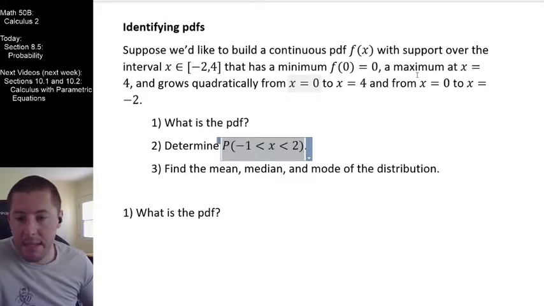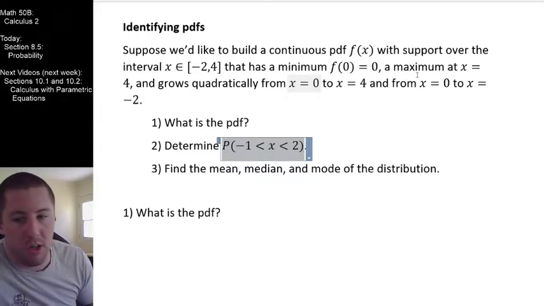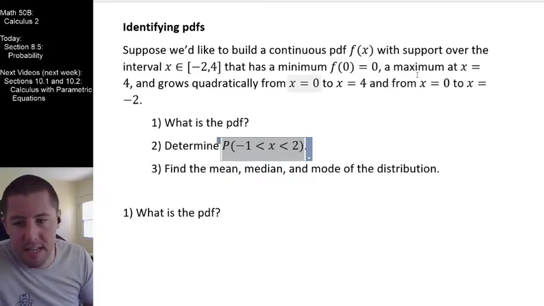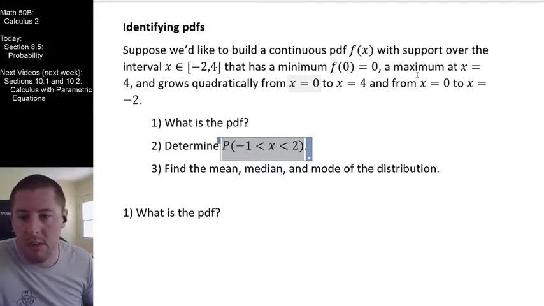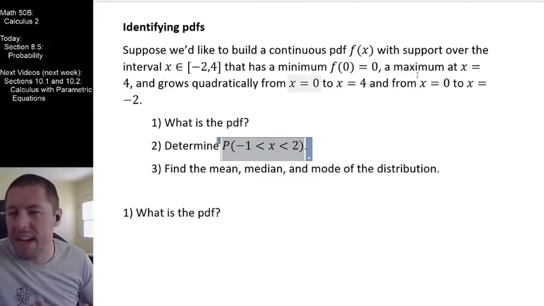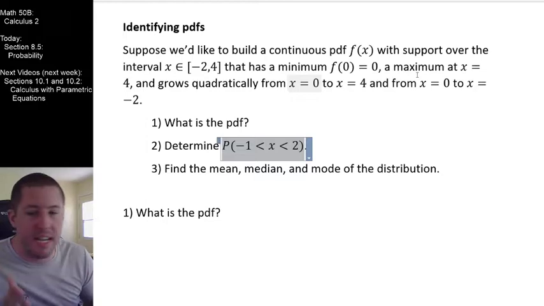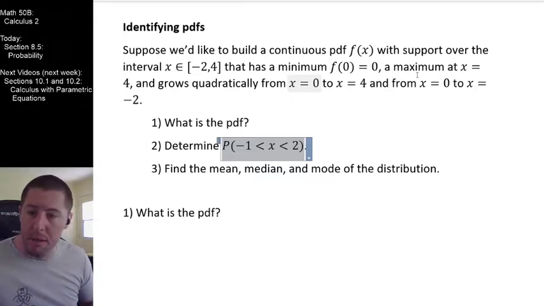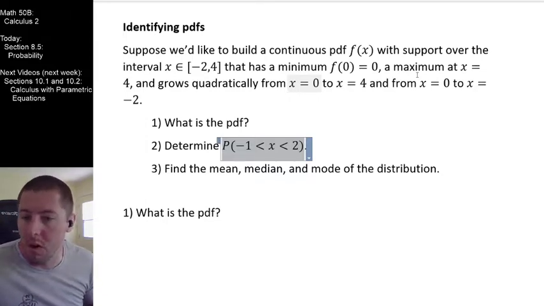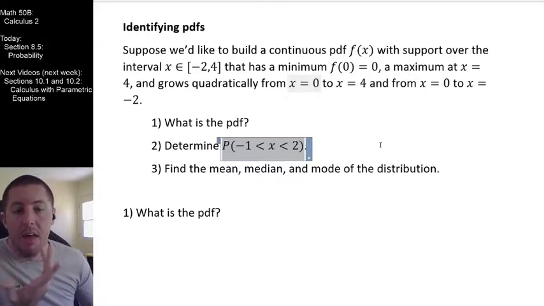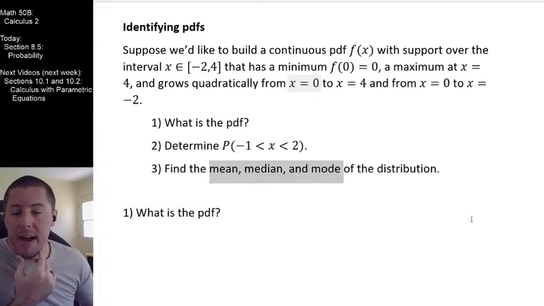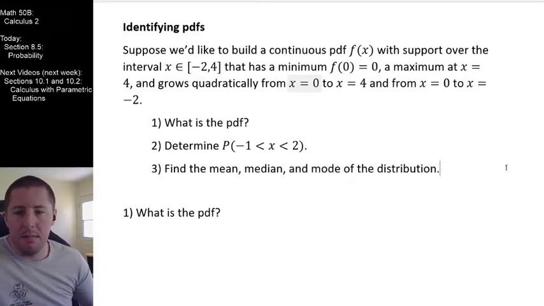This is sort of like me saying, given that adult male heights are normally distributed with an average height of 68 inches and a standard deviation of 2.5 inches, what is the probability that my son grows up to be 70 inches tall? Or rather, I would say between 70 and 72 inches tall. It's a probability, so we should get a number between 0 and 1, between 0% and 100%. Other things we might be interested in are our classic computed statistics associated with that random variable: mean, median, and mode.